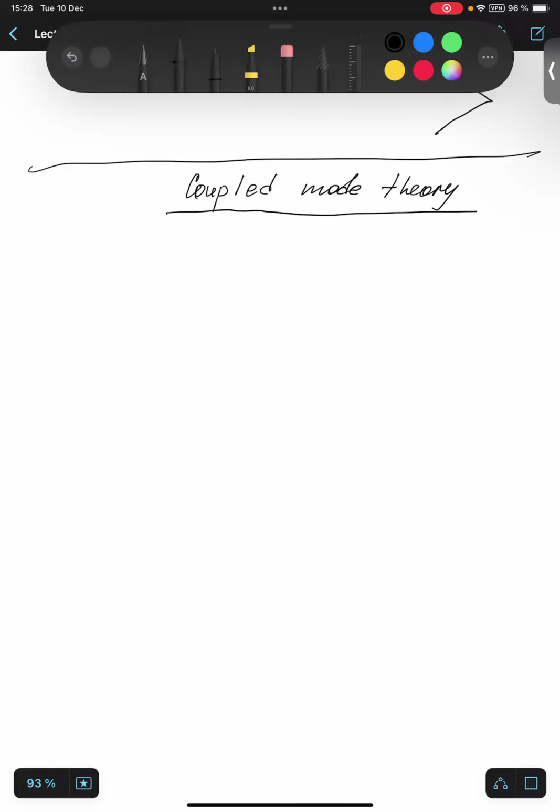Today we'll just learn the basics of coupled mode theory. Actually, it is quite a common theory in fiber optics, when you have a waveguide and different modes in it, and due to some difference in permittivity or something else, we have some perturbations. So let's consider some waveguide,